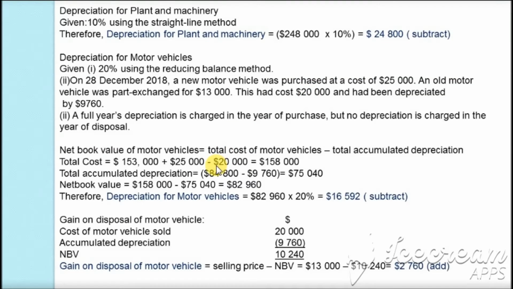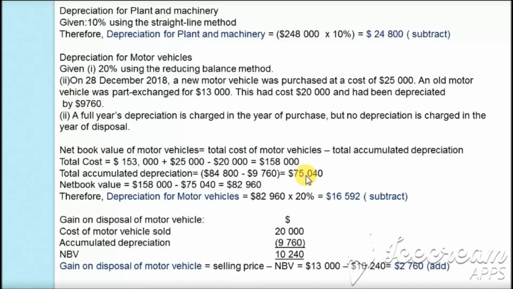As this was sold, we are going to subtract it. We get the total cost value for motor vehicle as $158,000, and the total accumulated depreciation which was given in the question was $84,800. However, again this was not considered, that is a part of old vehicle was sold, and as the old vehicle was sold, the depreciation for this old vehicle has to be subtracted to find the total accumulated depreciation. Hence we get the total accumulated depreciation as